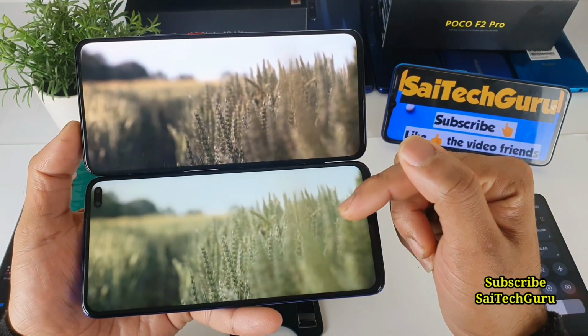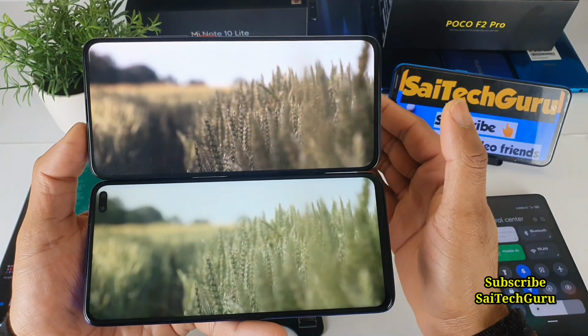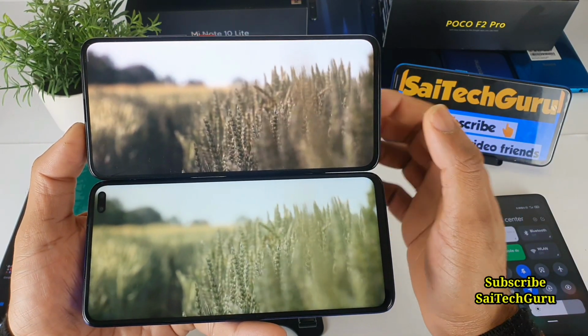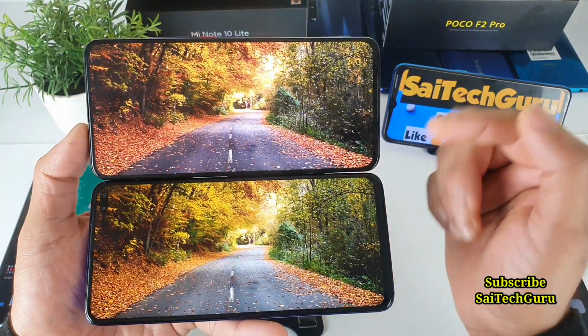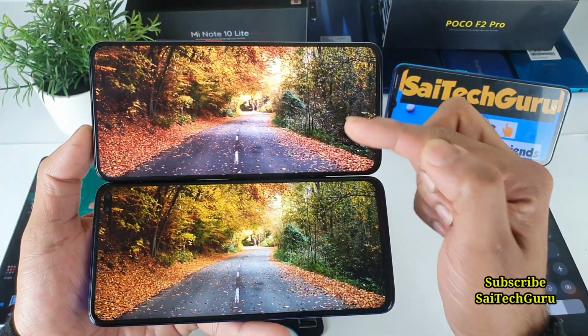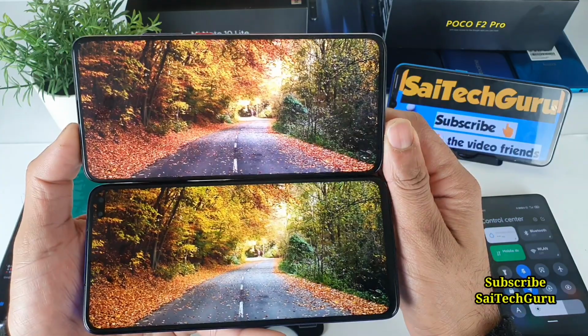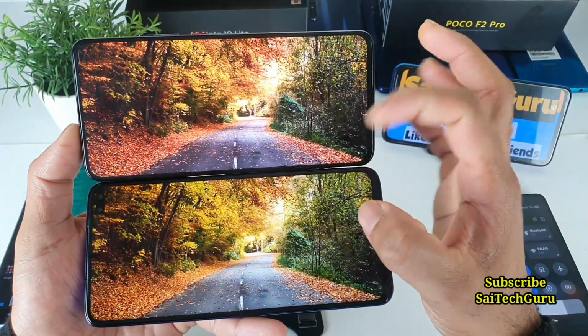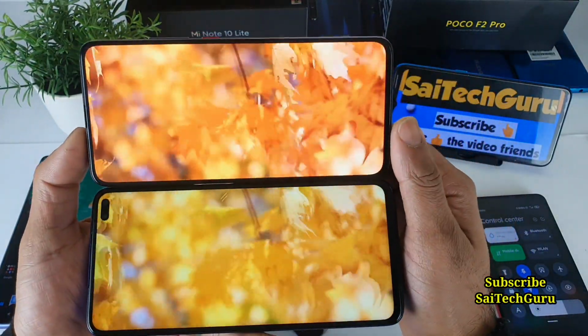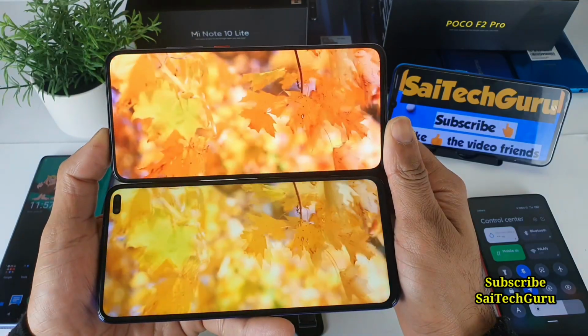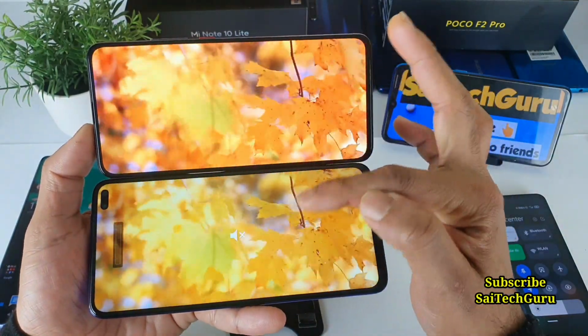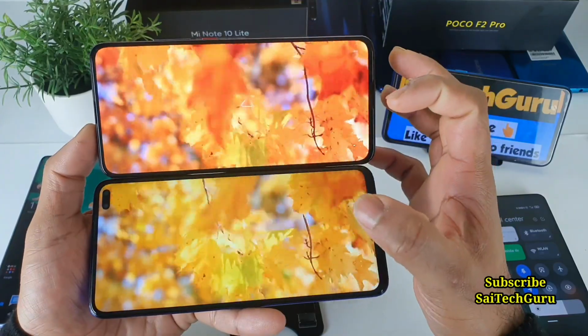The Poco X2 also has the option of increasing the color boost. There are plenty of videos which I have done on the color boost, which you can do in the Poco X2, and even in the Poco F2 Pro. But with the normal settings, without changing any color boost options, you can see a significant change in terms of the colors.